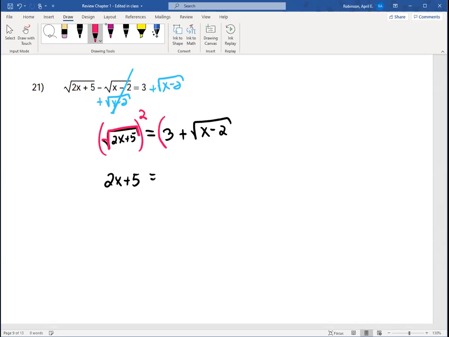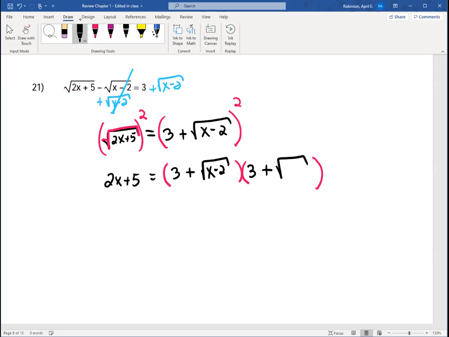However, you're going to have to take the entire left side and square it, which means everything inside the parentheses times itself. You have to take a 3 plus the square root of x minus 2 times another 3 plus the square root of x minus 2. Yep, we got to FOIL that mess. Okay, so we are going to start with